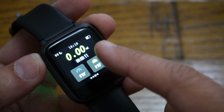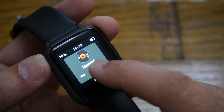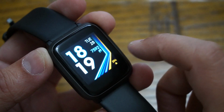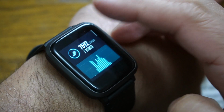And if you like to run the music as well, you can turn it on from your mobile phone straight on your earbuds if you have them. Now to turn off this run mode, press and hold the return key and press yes on it. That will be all. Now all the data you have on your fitness tracker will be synchronized with the VeryFit